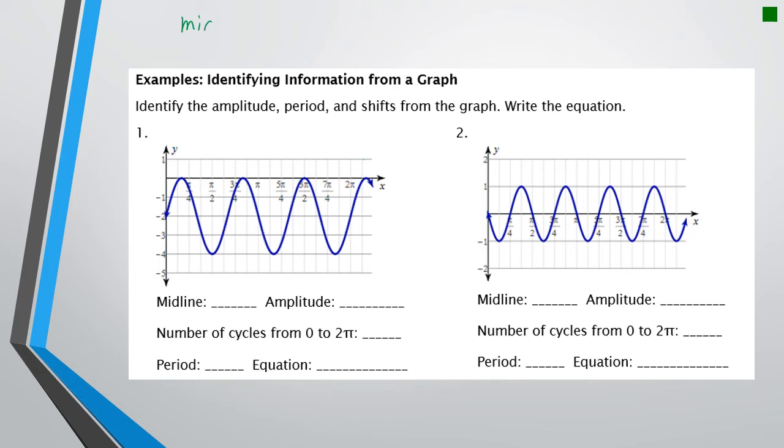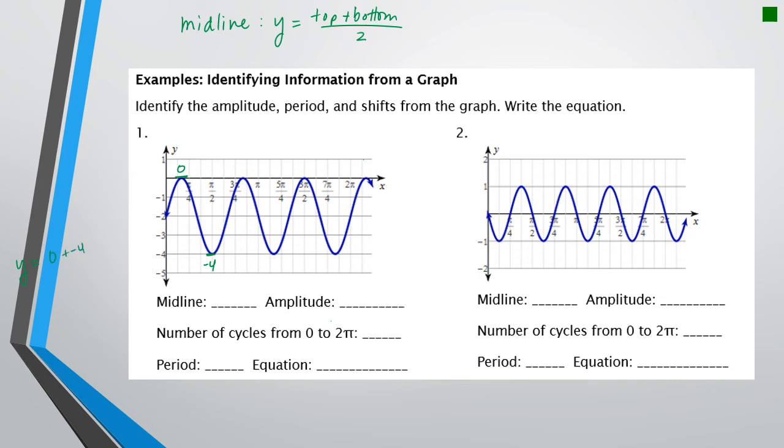The midline formula, remember that it's always going to be y equals, and then you're going to take your top y value plus your bottom y value and divide by 2. So for midline of number 1, our top y value is actually 0. The bottom y value is -4. So I'm going to have y equals